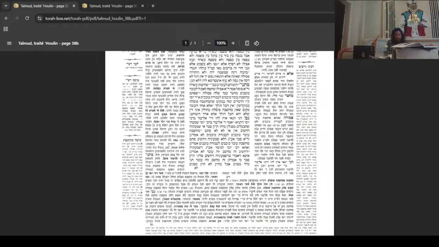Reish Lakish says it's mutar. Why does Reish Lakish say that the animal is mutar? If you shecht the animal, what is he thinking? To throw the blood to the idolater or to burn the fats for the idolater. So he says it's mutar. Why? Ein mechashvin me'avoda l'avoda. We don't think from the job to the job. What does that mean?